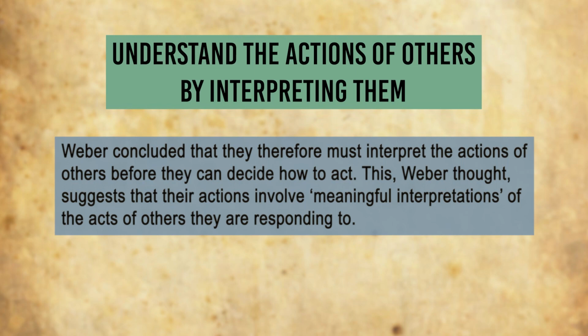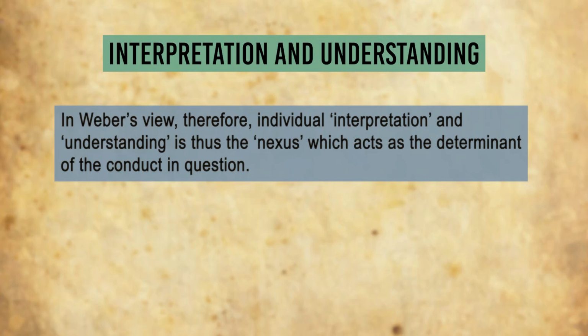So only looking at an interaction or an action, being a mute spectator, won't do. If you are a sociologist or a social scientist, then you will have to understand how people go about it, how people interpret their actions. That must be understood. Therefore, this nexus between understanding, interpretation and the social context becomes an important consideration for understanding interpretive sociology: how people go about interpreting their actions and the social situations into which they are embedded. Therefore, we find that social actions are important,